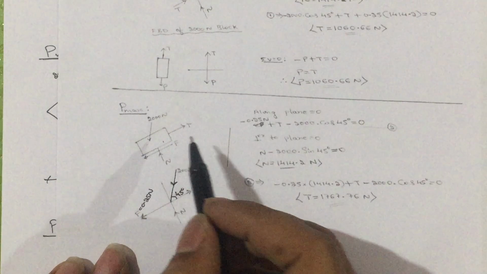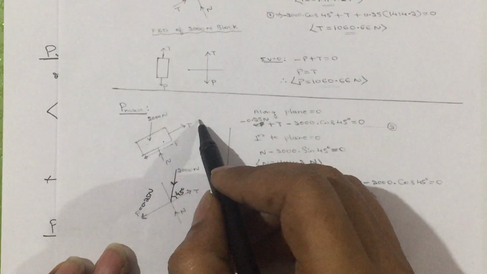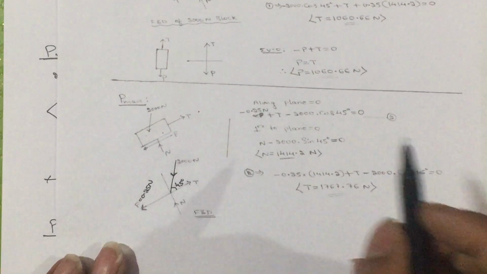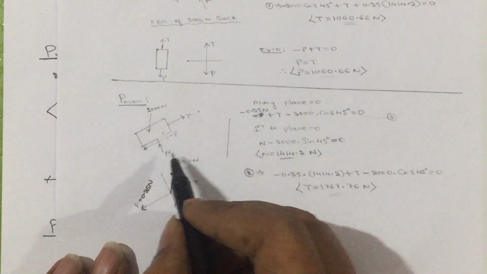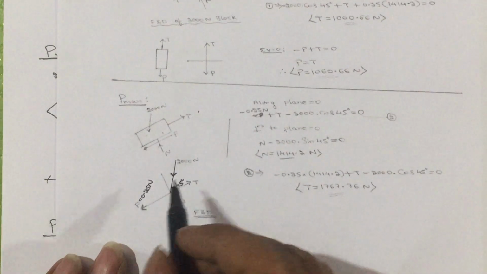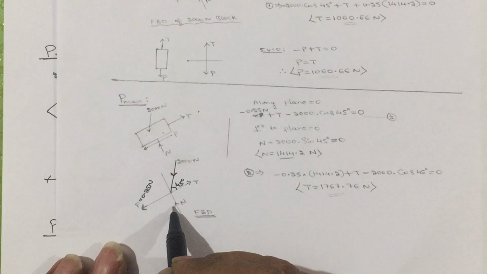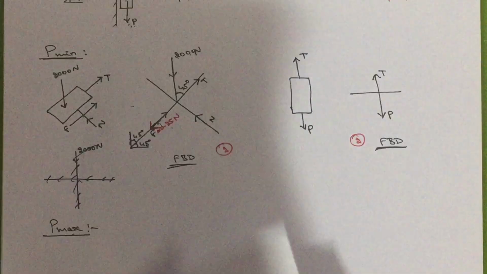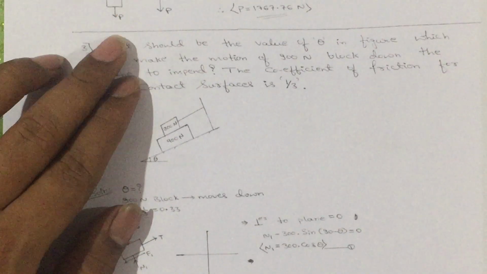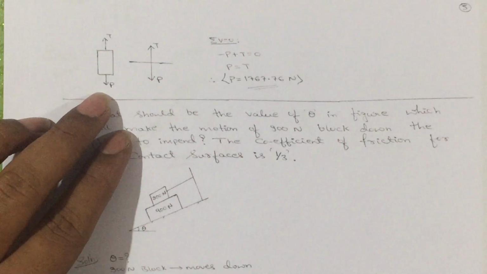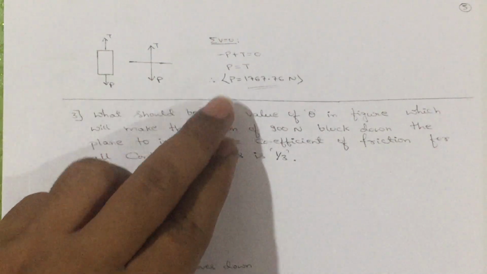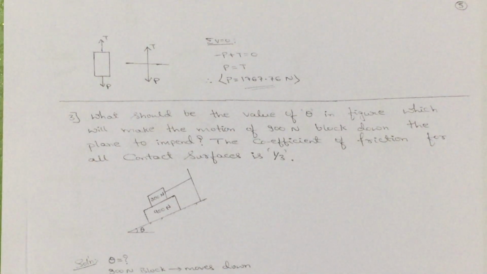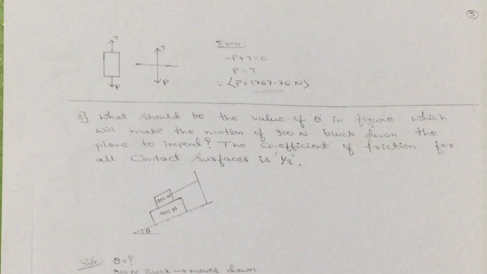Then for this free body diagram, apply sigma H is equal to 0, that is along the plane. Then apply sigma V is equal to 0, that is perpendicular to the plane. Then again for this free body diagram, once you have applied for this one, I have written the same free body diagram as the previous case. Apply sigma V is equal to 0, you are going to get the P value. That's all for this problem.